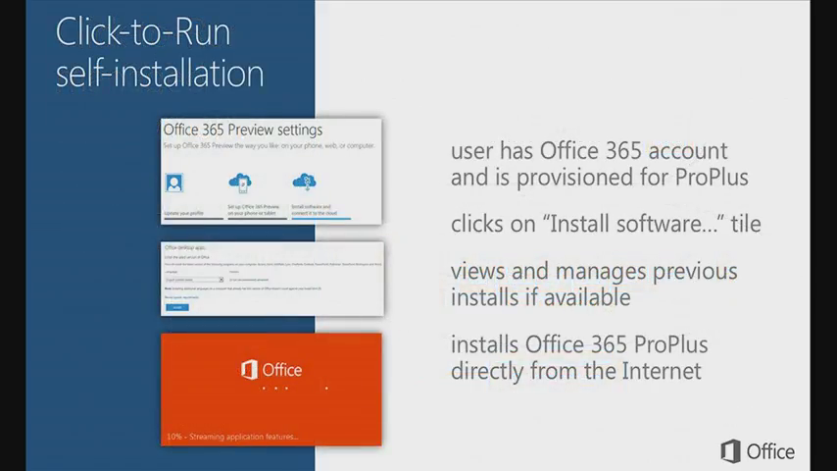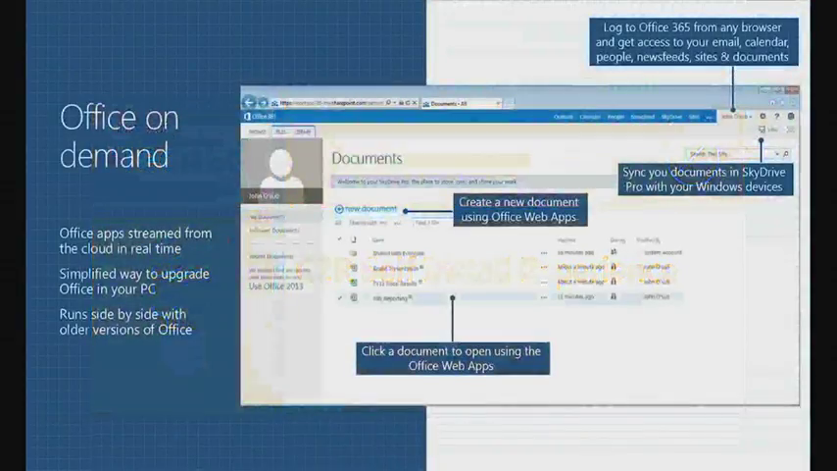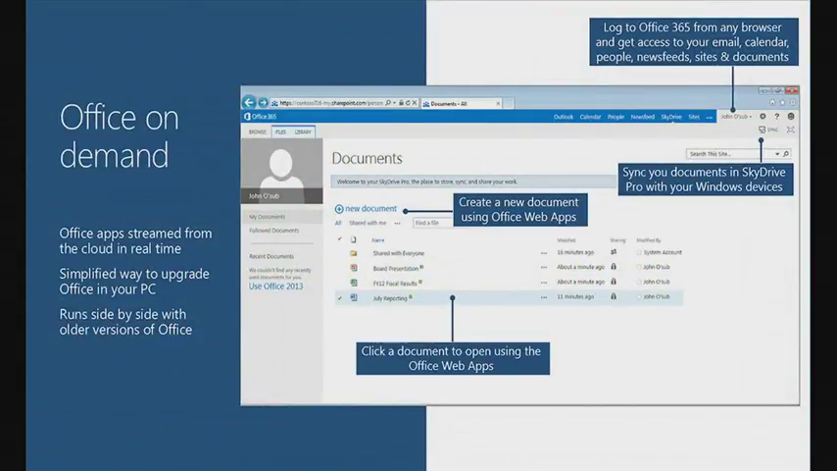So we saw Click-to-Run self-installation, but basically log into the portal, sign in, install the latest version, and it streams directly from the internet. So that's one way to skin the cat, but we already showed this one, so our self-install experience is done. We have another way that we can consume Office called Office on Demand. So on any computer, this is not a permanent install. On any computer, I can log in with Windows 7 and newer. And basically,